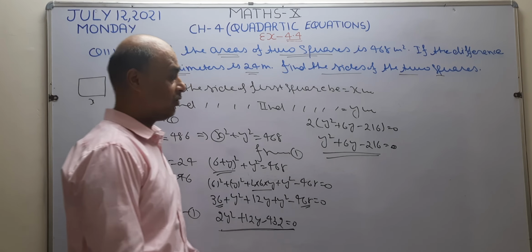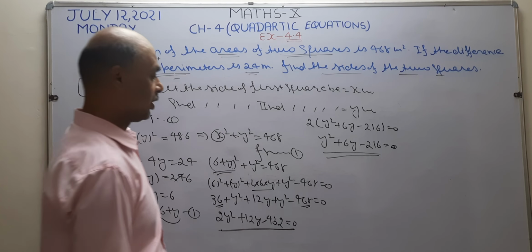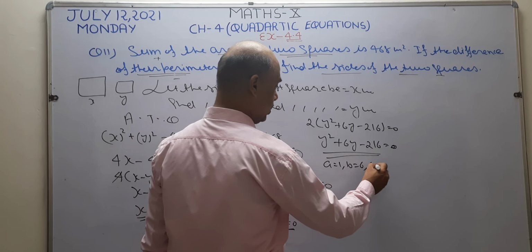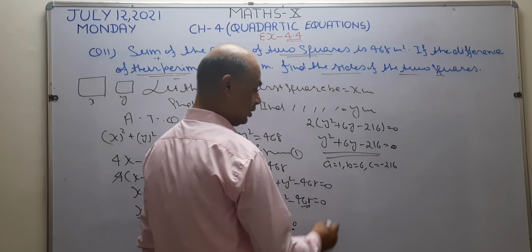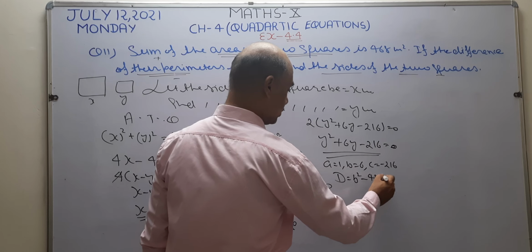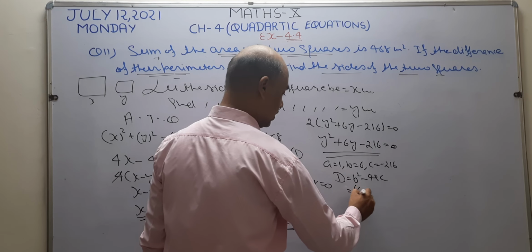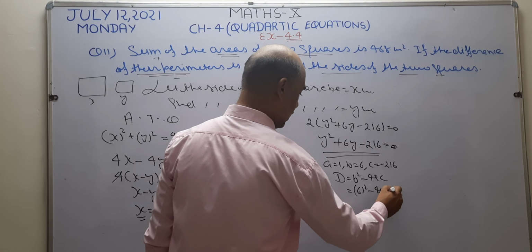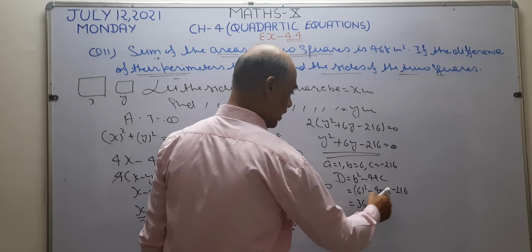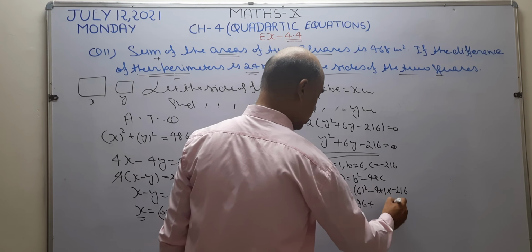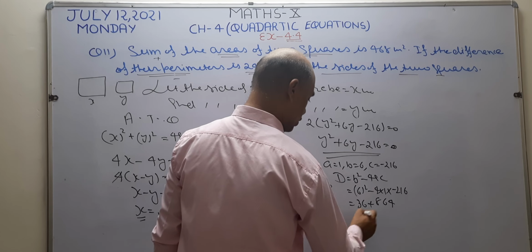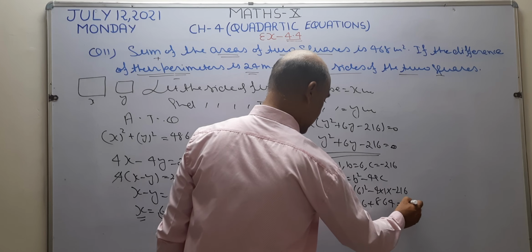Okay. Now I want to solve this equation by using quadratic formula. So what is A? 1. What is B? 6. What is C? Minus 260. So I want to find the value of D first. B square minus 4AC. What is the value of B? 6 square. 4 into A, 1, into minus 260. Square of 6 is 36. Minus minus plus. 6 fours are 24. 2 is left. 4 ones are 4 plus 2, 6. 4 twos are 8. So this becomes 900.